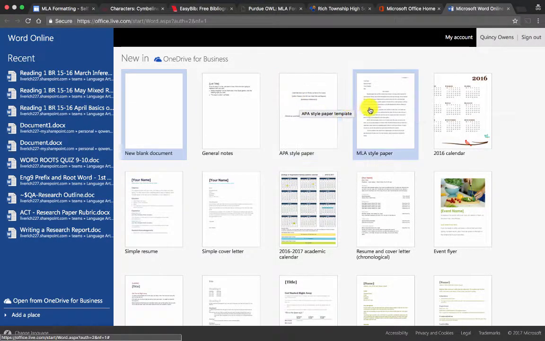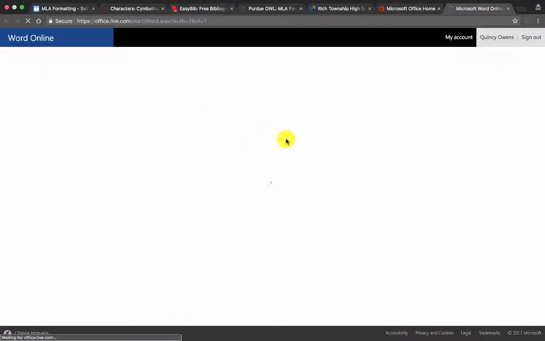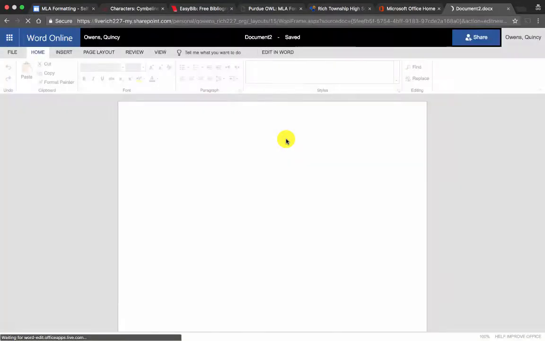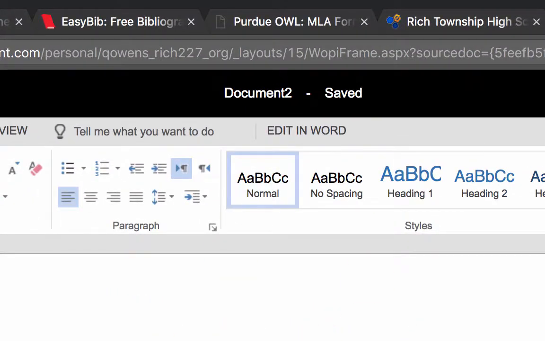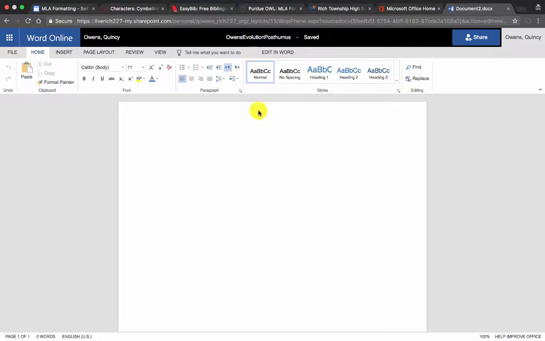You have an option of going to a new blank or MLA style paper. If you click the MLA style paper template, it'll format most of it in a manner that is appropriate, but sometimes there are things that you do need to know how to change yourself. So I always recommend starting off with a blank document. Once you have started off with that blank document, go ahead and type in a title for your paper on